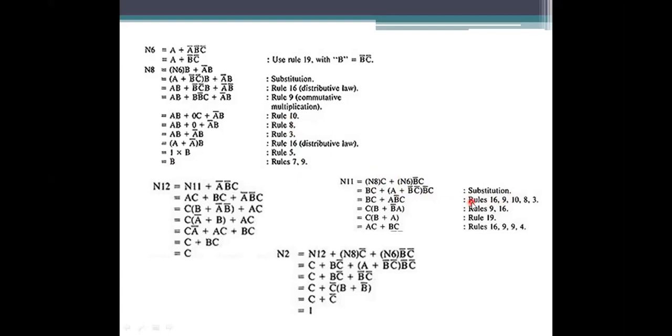So we are taking the distributive law, and then next commutative law, commutative multiplication, and then next substitution, and then again 0 into C, and then we are taking the common factor. All the things have been done, and then next we are getting the N11 value as AC plus BC, B bar, and then next, sorry, B and C. By substituting the value, we are getting N12 as AC and N2 as values here. So by this, we are getting the values here.